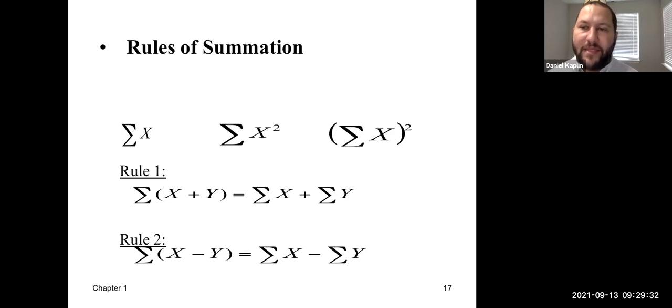And I'm going to read them and then I'm going to prove them if you don't mind. Rule 1 is the sum of X plus Y column is also equal to the sum of the X column plus the sum of the Y column, right? Rule 2 is the sum of X minus Y column is equal to the sum of the X column minus the sum of the Y column. And I encourage you to write what I'm saying down, because I'm actually tipping my hand with the way I'm